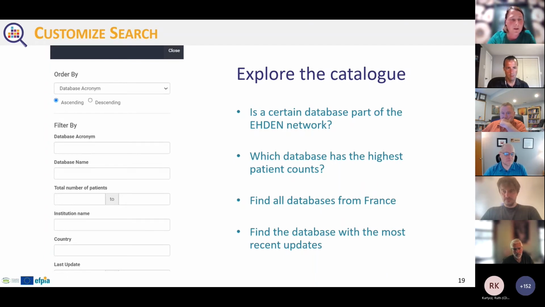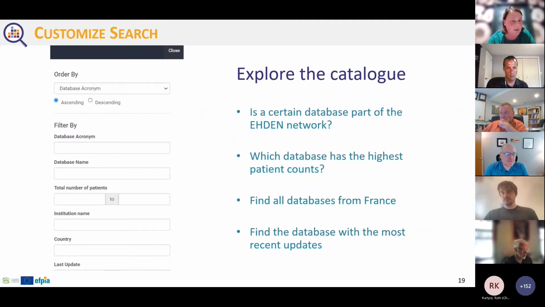But what I first want to zoom in on a little bit is that you can customize your search. So for example, if you're interested in a certain database and you want to know, okay, is that part of the EHDEN network? Have they converted the data already? Then this is something that you can look for. You can look for the number of patients in the database,